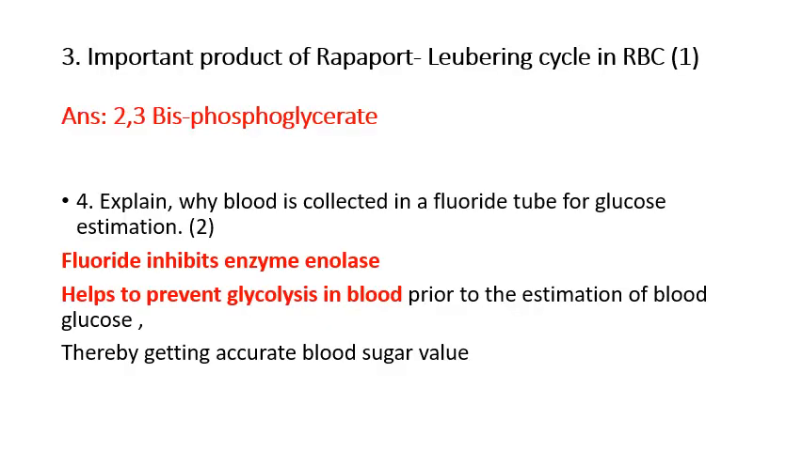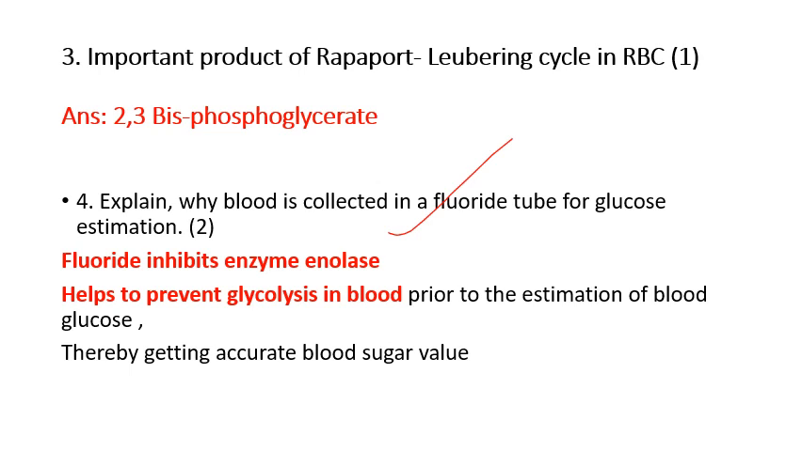Another question asked was the important product of the Rapoport-Luebering cycle in RBC. The answer is 2,3-bisphosphoglycerate. Now the next question from this session is: explain why glucose is collected in a fluoride bottle for glucose